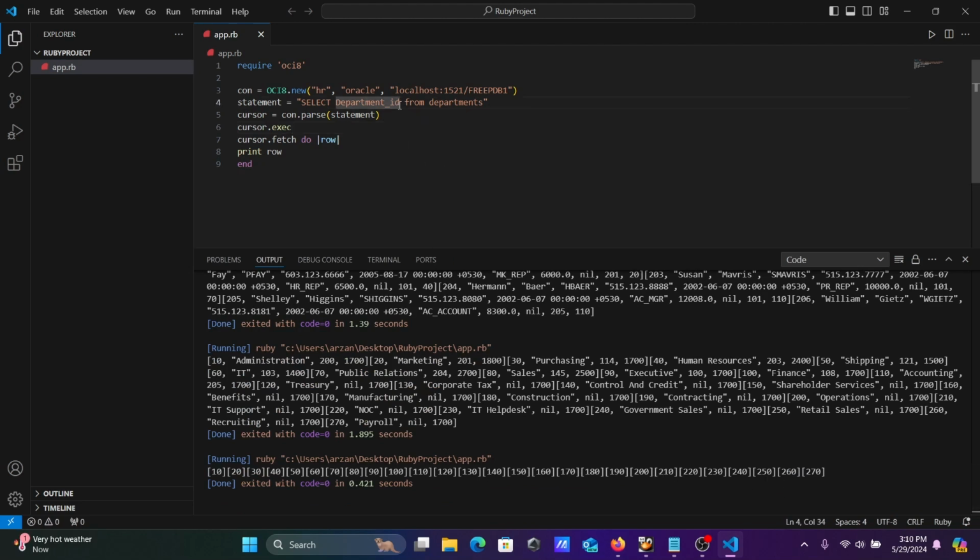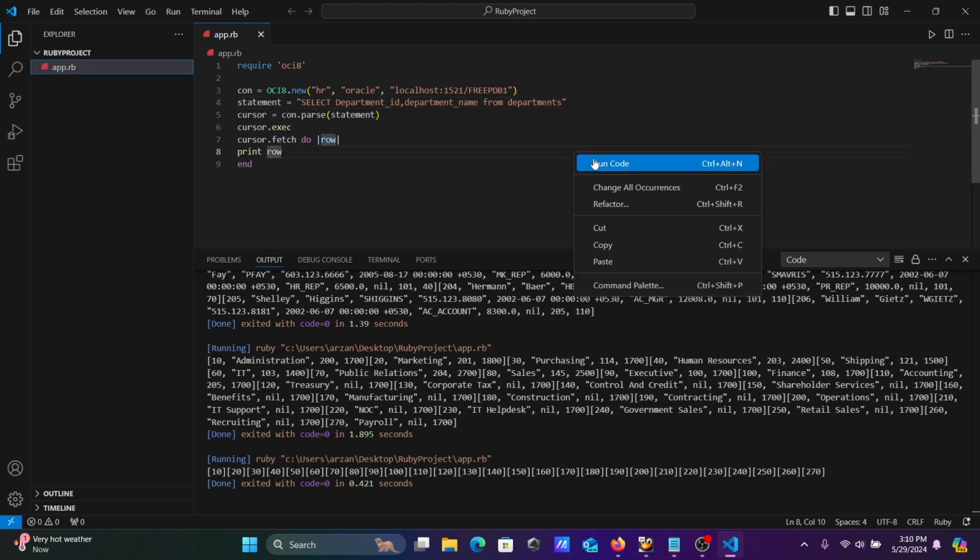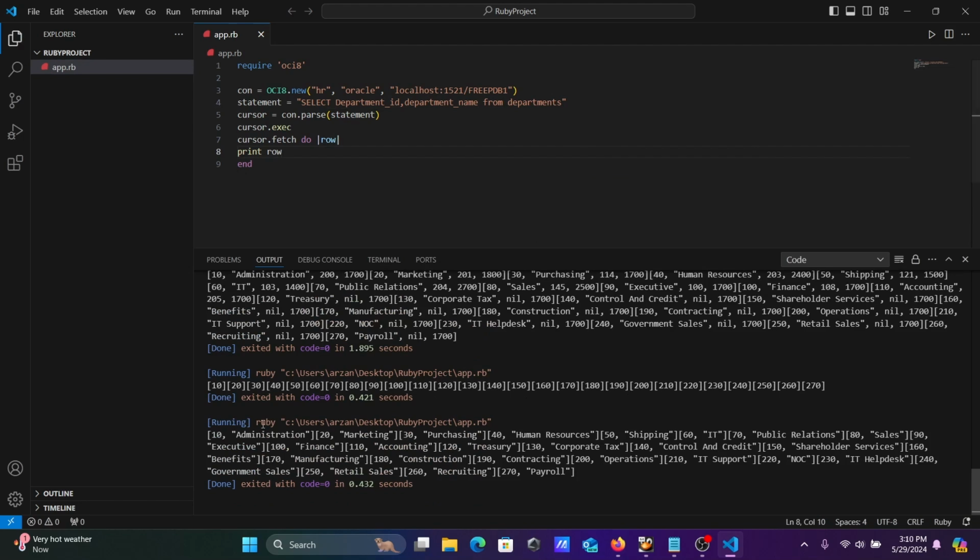Let's include the department_name as well. Run the code. Then you can see the department ID and the department name displayed.